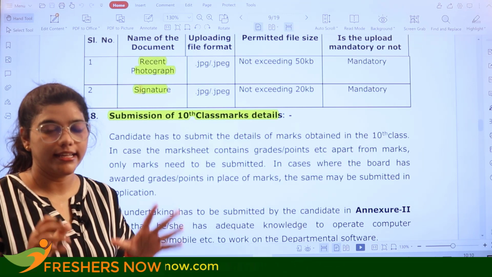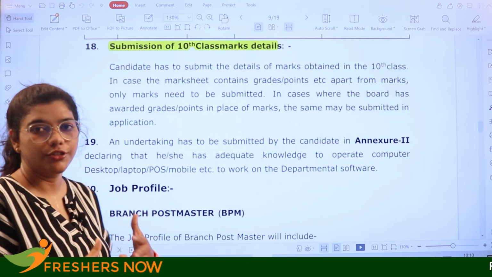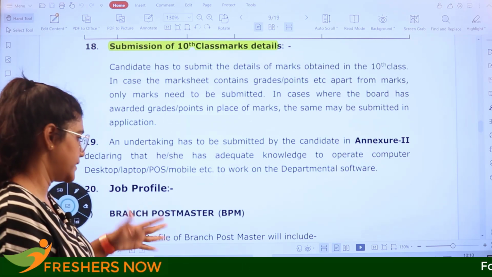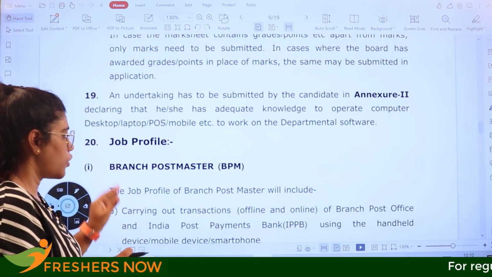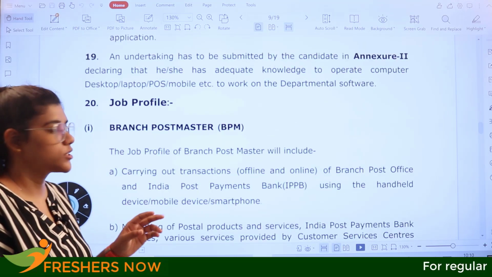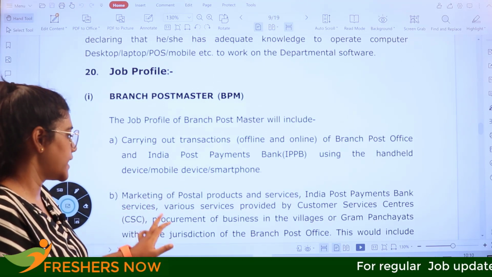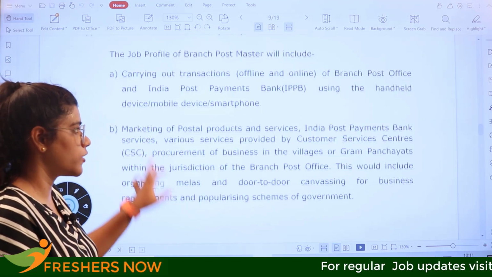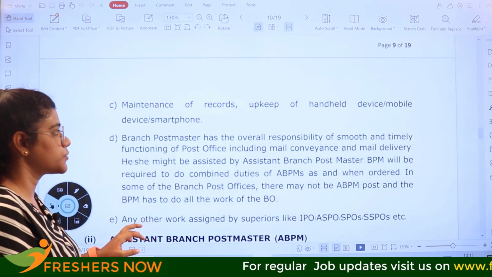All of these are essential in order for your application to be taken into consideration and proceed to the next step. So the job profile is going to be as follows. Branch postmaster, which is also considered as BPM. The job profiles include carrying out transactions, marketing the postal products of Indian postal payments, maintenance of records,